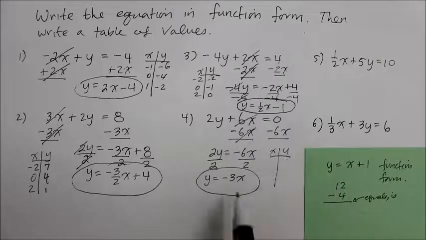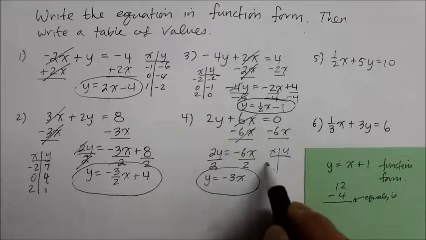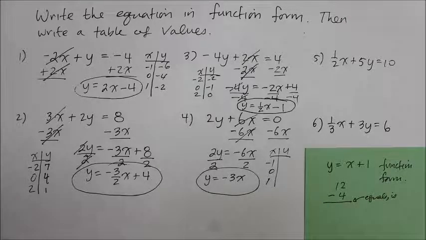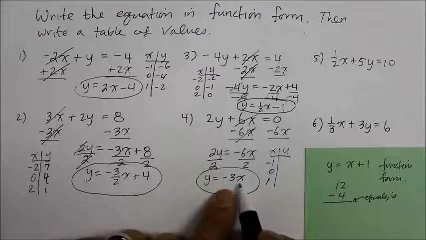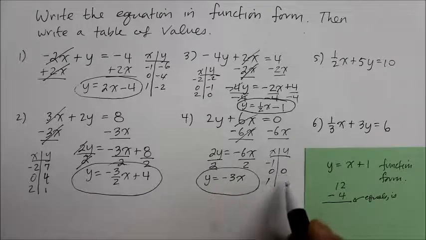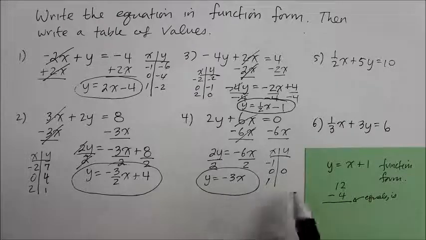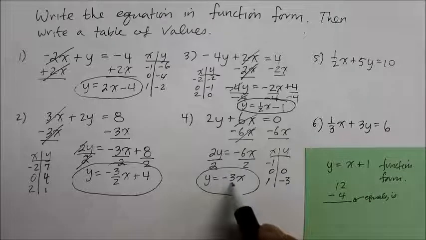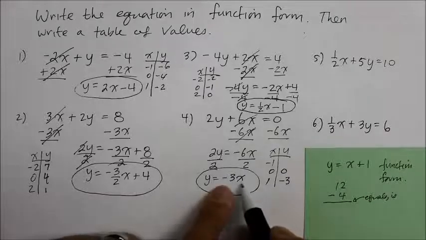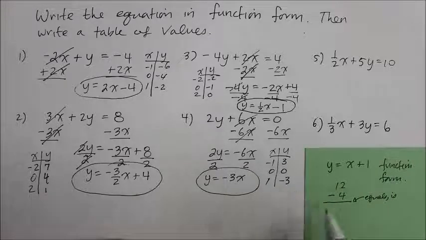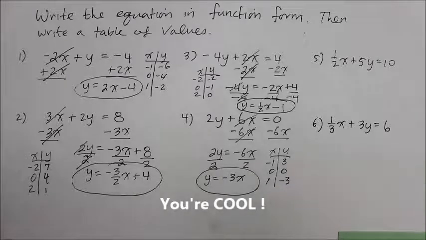So now the table of values. And this time, there are no denominators to worry about. So I can just go back and go 1, negative 1, and 0. If I put a 0 in there, you can see right away y is equal to 0. If I put a 1 in there, negative 3 times positive 1 is just negative 3. And if you put a negative 1, negative 3 times negative 1, negative becomes positive. So it becomes positive 3. That was kind of cool. And number 5 and 6,